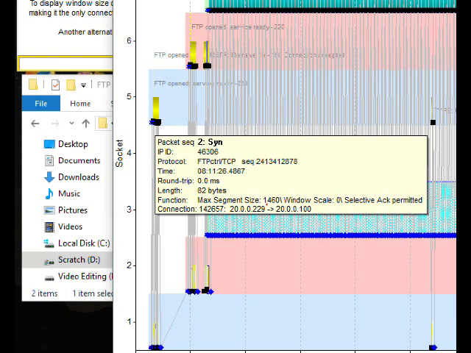Let's see what it's going to do. So 1460 max segment size, server window scale 0, and selective ACKs. Those of you that know your TCP know selective ACKs are most efficient in starting a connection and doing retransmits. Window scaling lets us increase the size of our receive window beyond the default